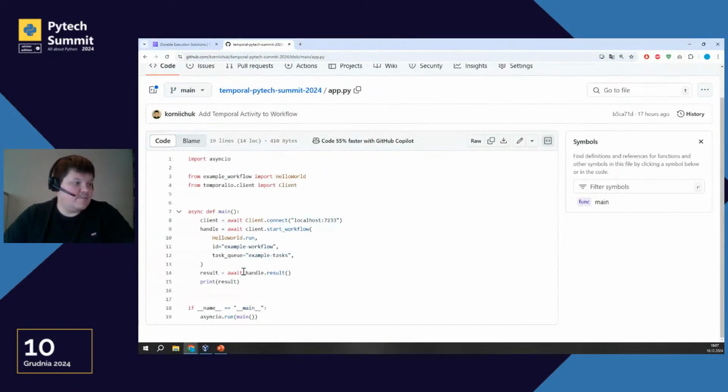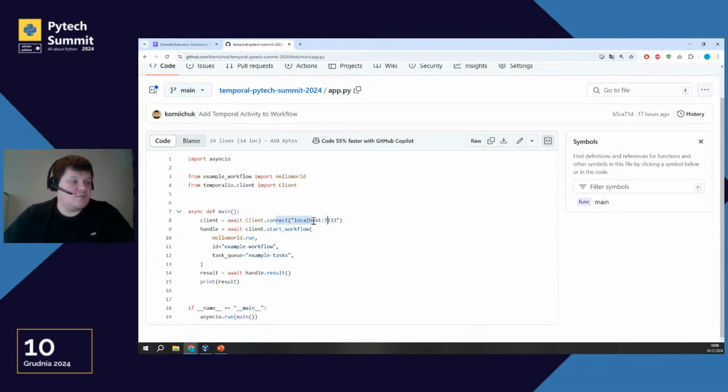And here we can see client start workflow. And this client is our Temporal server. For this demo, I will use a local Temporal server, and the local Temporal server will use port 7233. The web UI uses 8233.